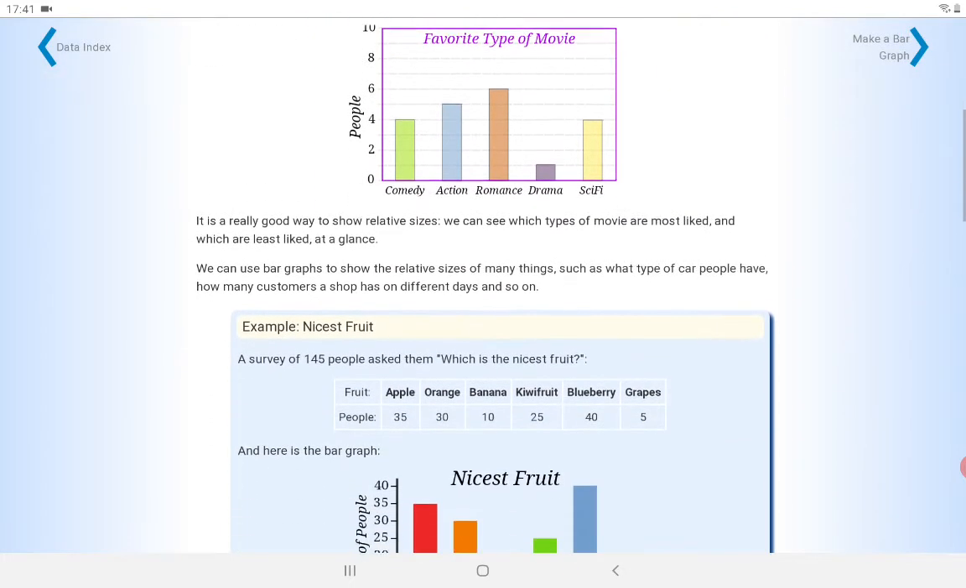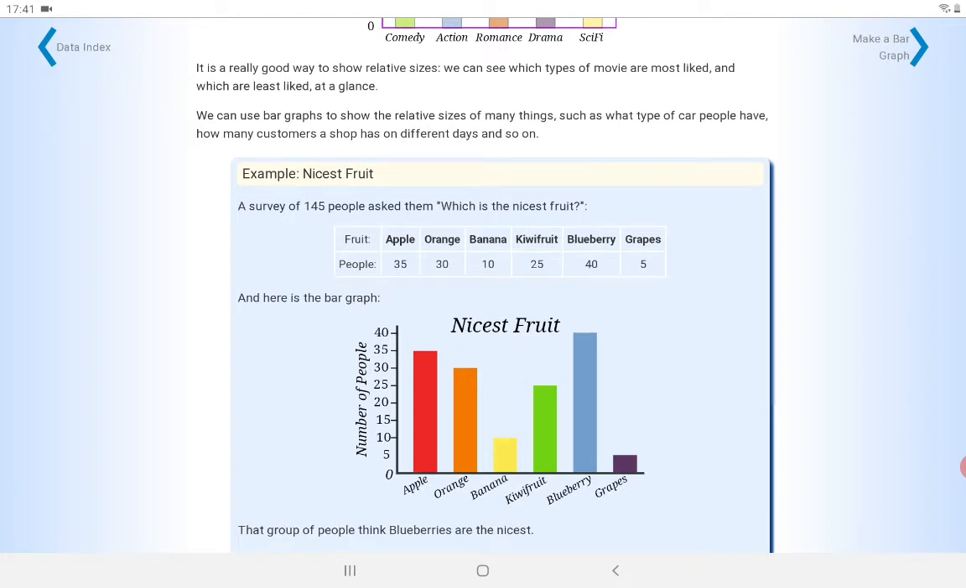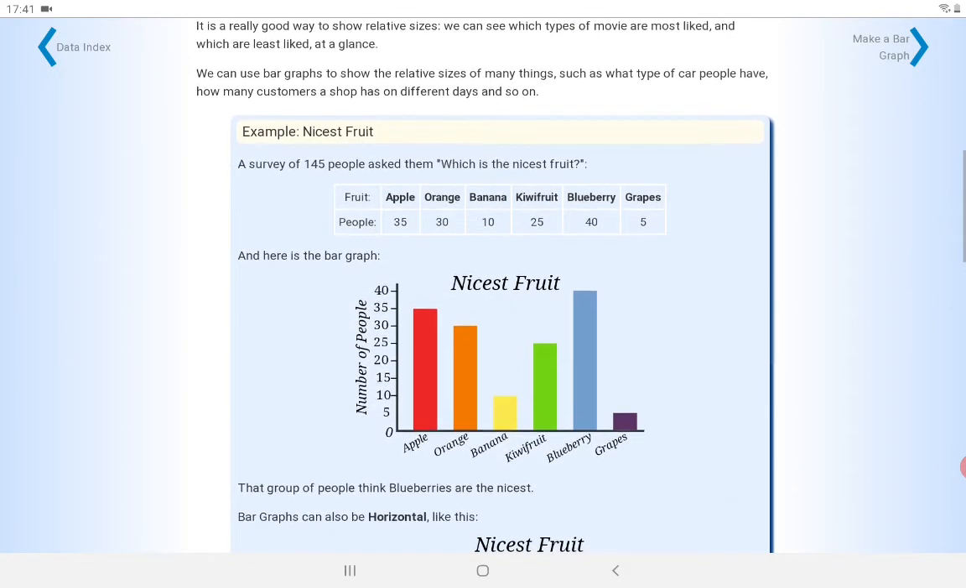If you move on down the page, just read before I go on any further. It is a really good way to show relative size. We can see which types of movies are most liked and which are least liked. We can use bar graphs to show the relative size of many things, such as what type of car people have, how many customers a shop has on different days, and so on. The next bar graph shows us